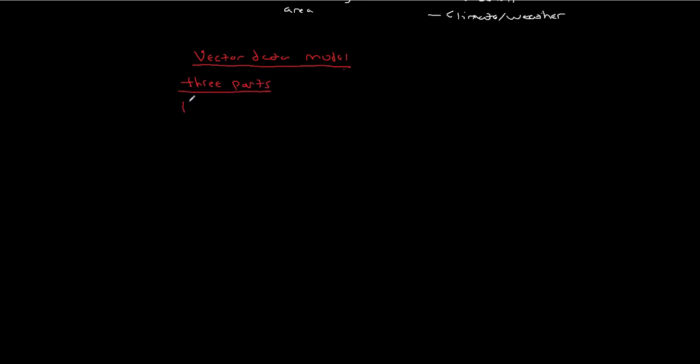The first part of the vector data model is going to be the coordinates, which we're going to talk a lot about in today's video. The second part is going to be an attribute table, or attributes. And then the third part is going to be a unique ID